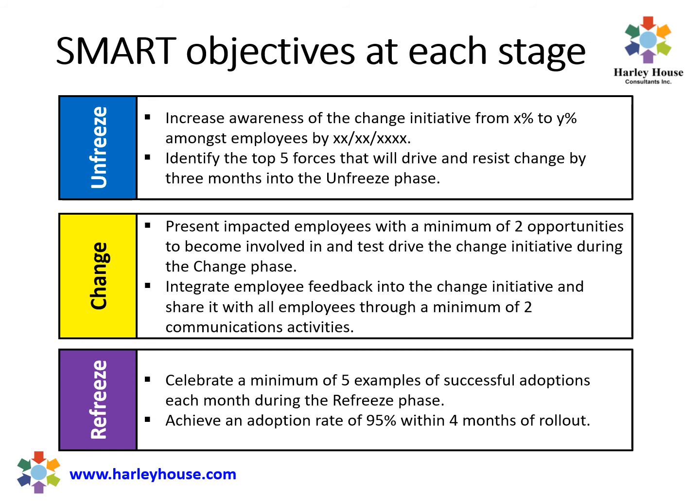Make sure each objective is specific in terms of what you want to accomplish and with who, i.e., increase awareness amongst employees. Measurable in terms of how successful change will be demonstrated, i.e., increase awareness from X to Y%. Achievable relates to having a reasonable chance of success. Don't set yourself up for failure by expecting that you'll achieve 100% participation. Make sure that whatever you are doing is relevant by linking back to the change program objectives. And finally, your objectives must be timely. Make sure you have accomplished your unfreeze objectives before you move on to your change stage objectives.